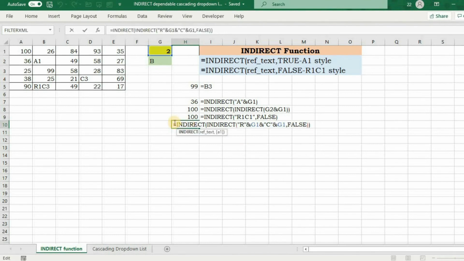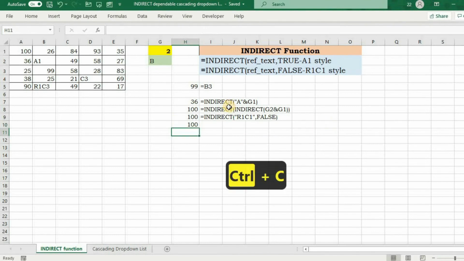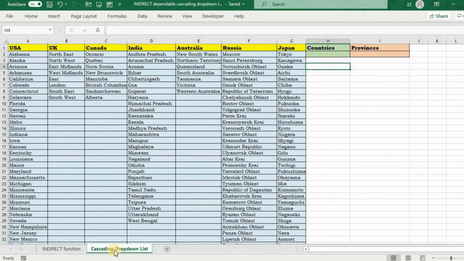This is a very useful method, especially while you do some coding in VBA. Now, an interesting thing about the INDIRECT function is that it can also refer to defined names. This feature will be used to create a dependent drop-down list, which is also known by many as a cascading drop-down list. I want a drop-down list here for countries. That is very simple.